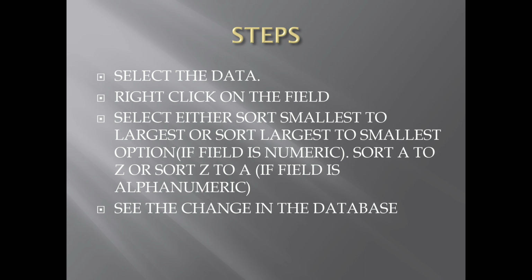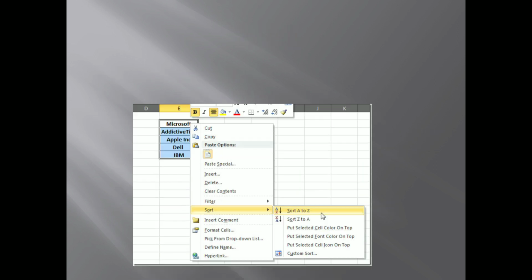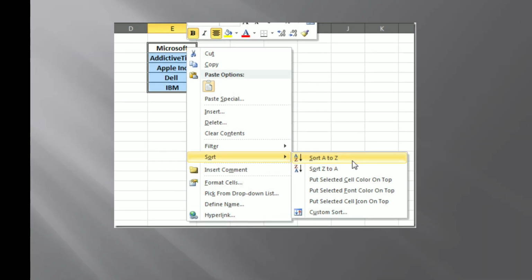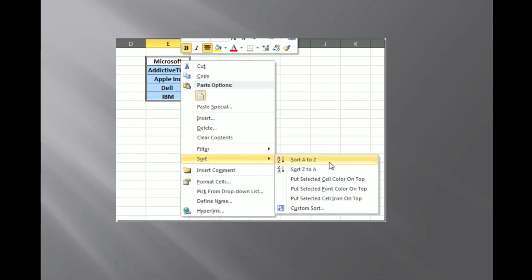Okay class, now see with the help of a picture. See, I have written Microsoft, Apple, Dell, IBM. After that I just did right click and see the sort option is there. Now see, sort A to Z because it is alphanumeric, and sort Z to A, and if I've written 1 2 3, the option will come smallest to largest or largest to smallest. Okay class,